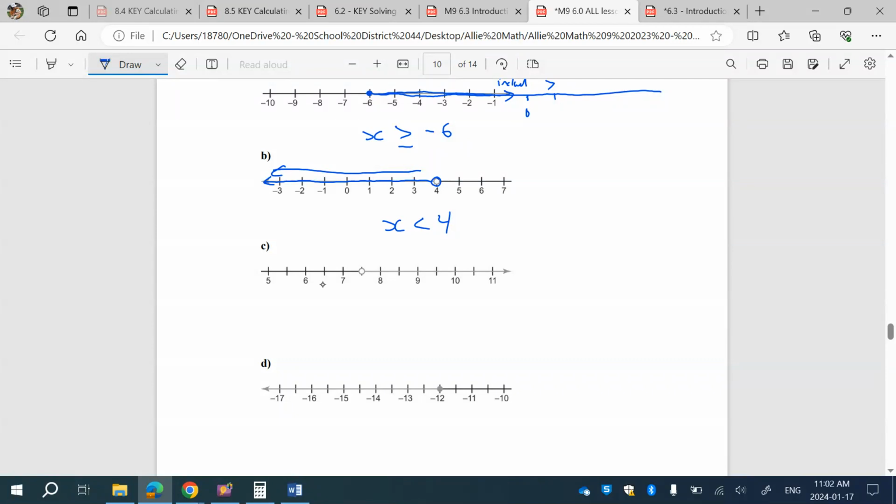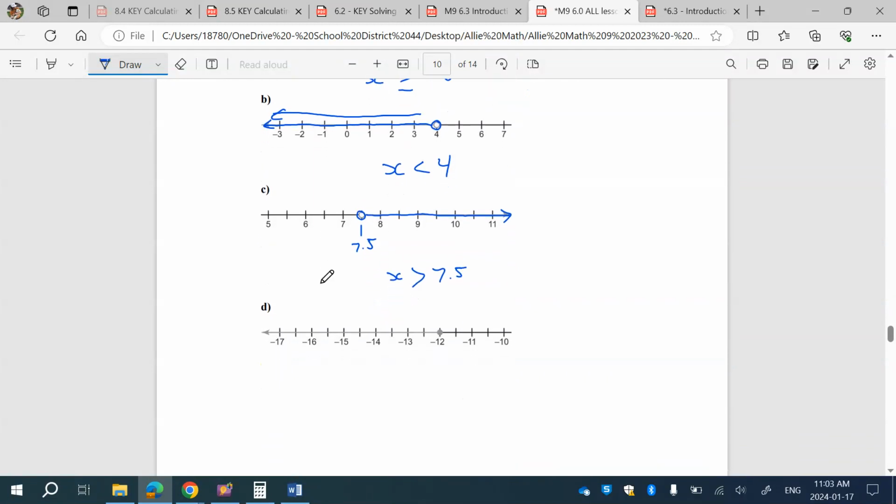We have a not filled in dot again, so it's not going to include this, which appears to be 7.5, so halfway between 7 and 8, and our line is going this way. So it looks like our x is going to be greater than 7.5. So it's going towards the positives. That's a negative. So it's increasing. Our x's are going to be more than 7.5, but not including 7.5 because the dot is